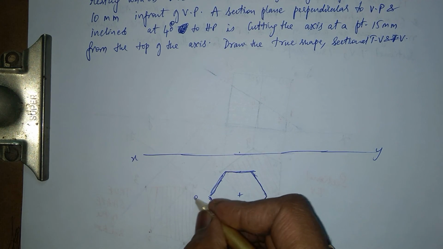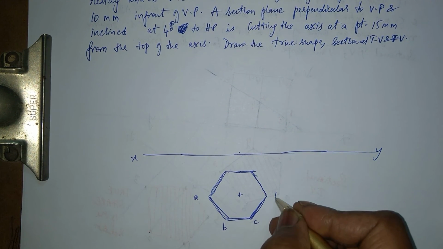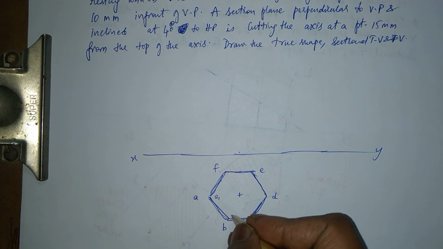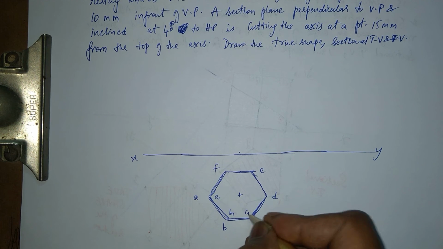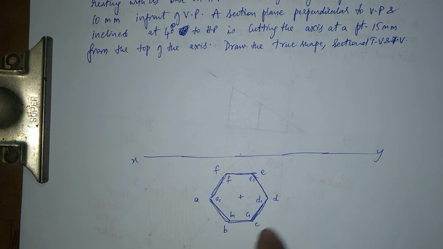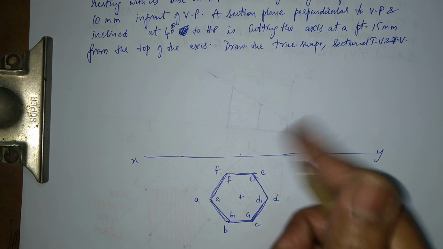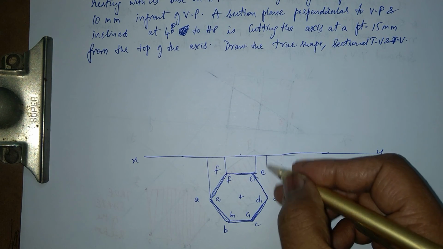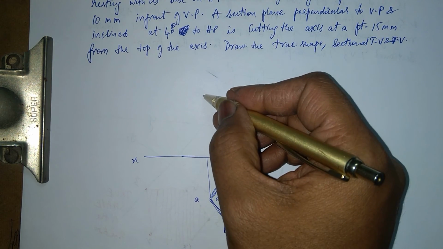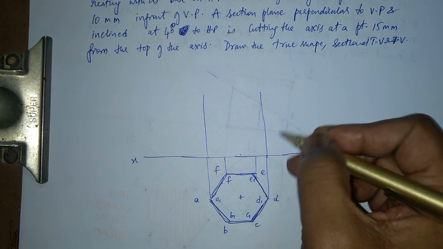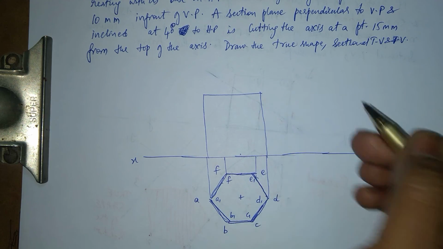So now I'm marking this as A, B, C, D, E and F in the top. The bottom I'll say A1, B1, C1, D1, E1 and F1. So 6 edges on the top and 6 edges at the bottom. Alright, these things are projected now. First step is resting with one of its faces like this. Since it is there like this, I'll just take the height here.